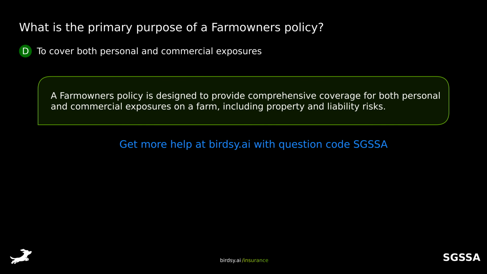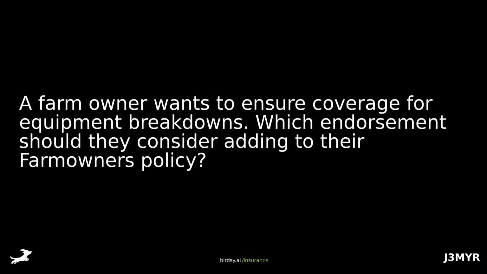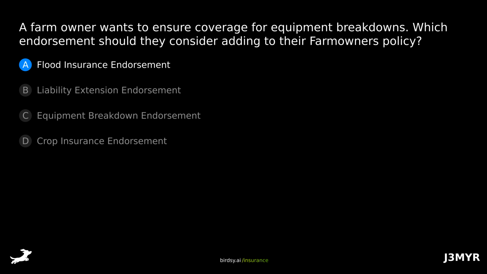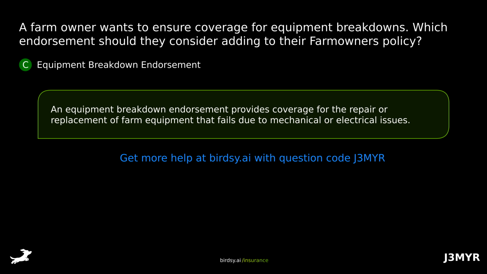property and liability risks. A farm owner wants to ensure coverage for equipment breakdowns. Which endorsement should they consider adding to their farm owner's policy? Is it A, flood insurance endorsement, B, liability extension endorsement, C, equipment breakdown endorsement, or D, crop insurance endorsement? The answer is C, equipment breakdown endorsement. An equipment breakdown endorsement provides coverage for the repair or replacement of farm equipment that fails due to mechanical or